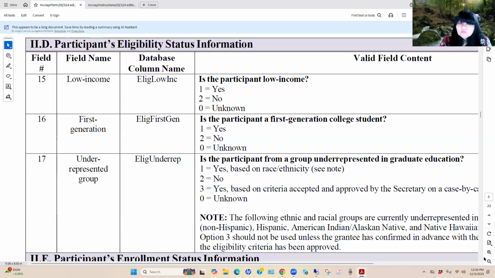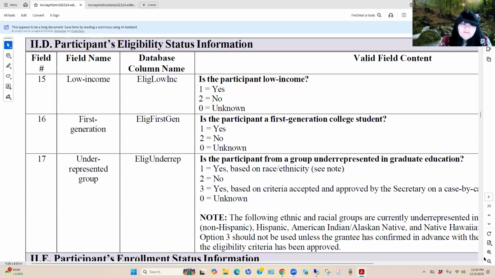The Department of Education will use this particular field in conjunction with another field that we'll get to in a sec, that identifies the participant status, and identifying whether we met our number funded to serve, and again, whether we are in compliance, meaning that 2/3 of our participants served in the 24-25 reporting period were both first generation and or low income, and whether in the 1/3, they were from a group underrepresented in graduate education.